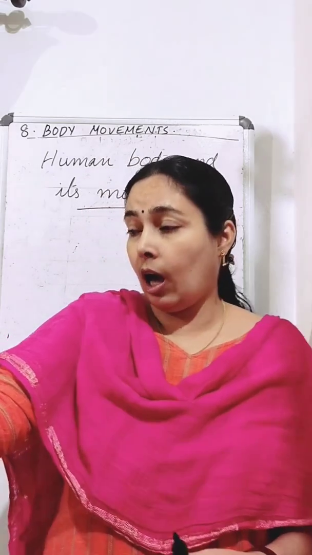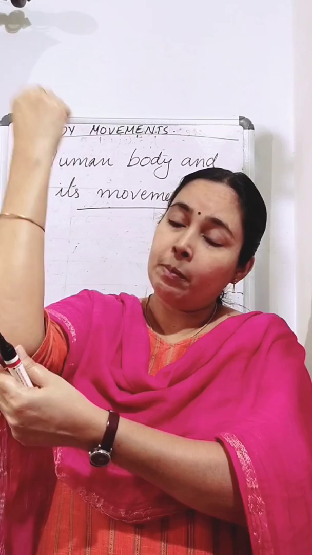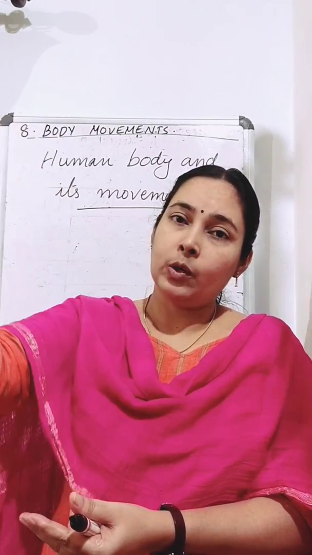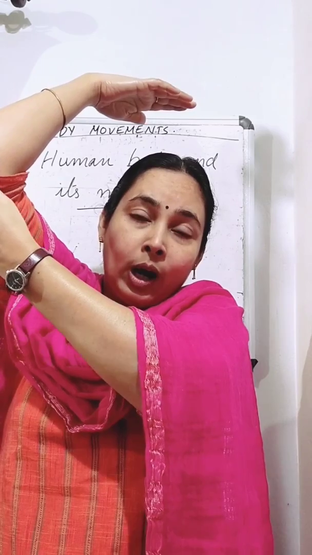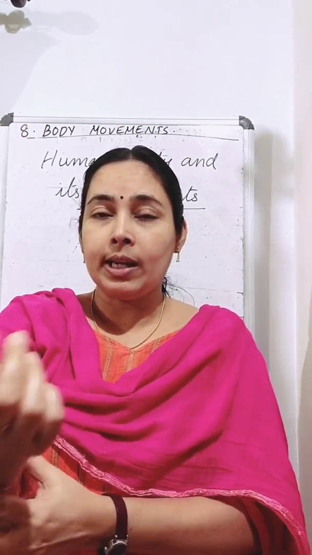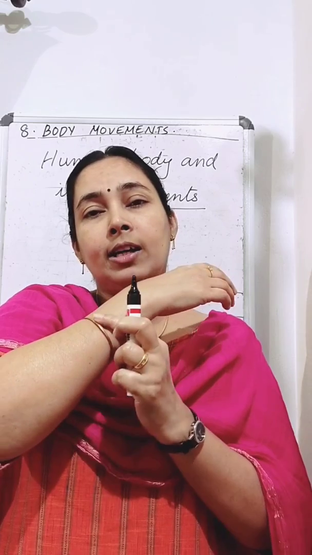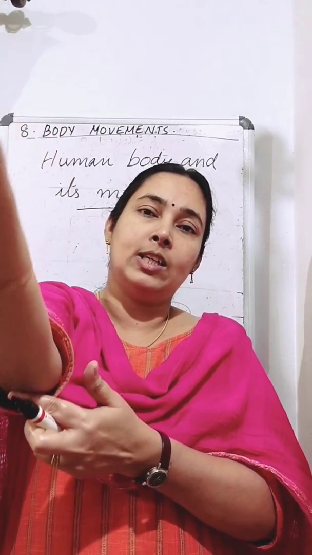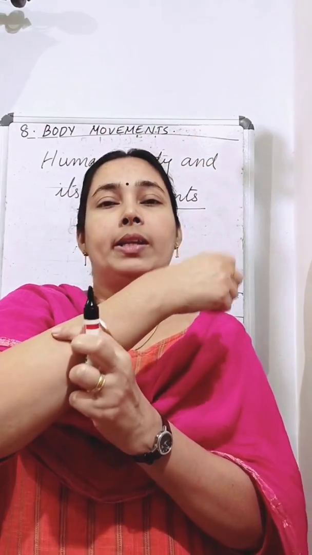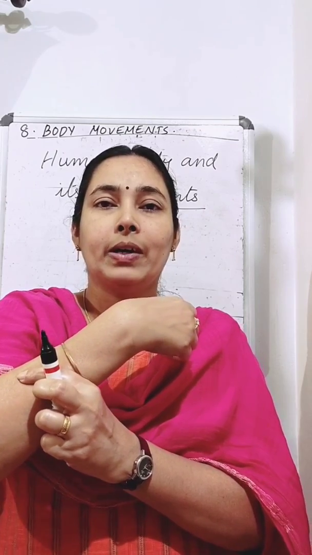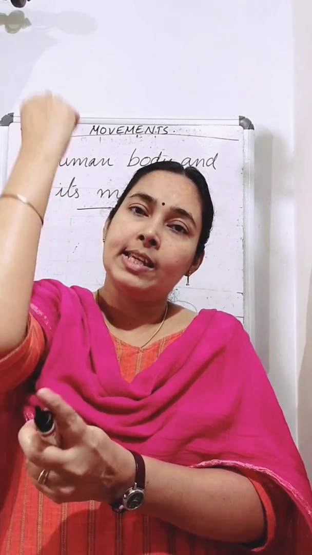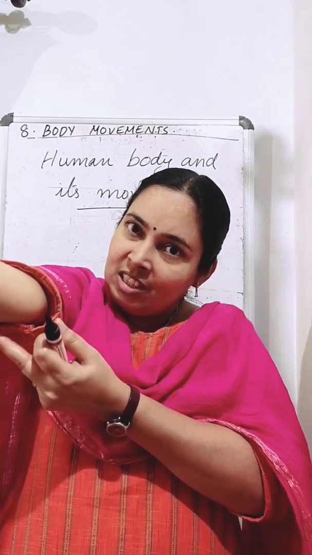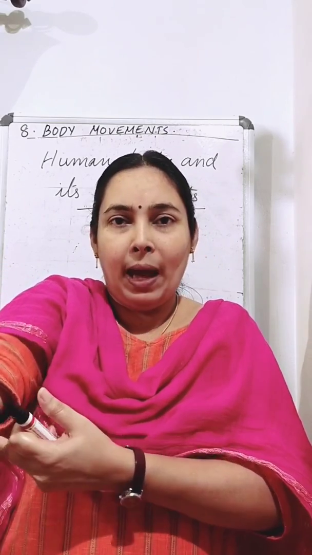Or how do you bend your arm? Which part? You are bending at your elbow. Or if you are trying to touch the shoulder like this, again, which part are you bending? You are bending your arm at the elbow. Can you bend at any other part? Can you bend in this region? No, we can bend the arm only at our elbow. We can't bend it in some other place. Can we bend it backward? No, we can't bend it backward.